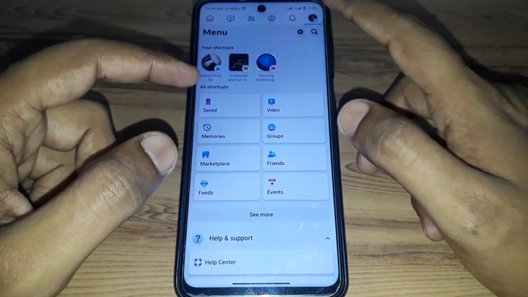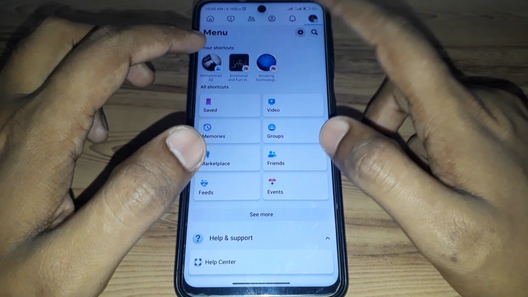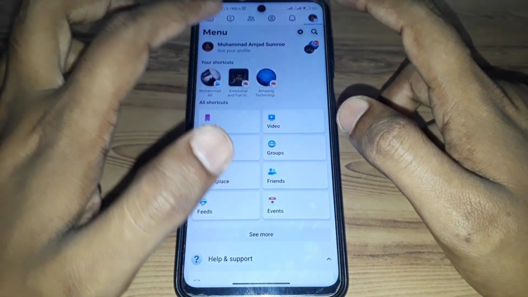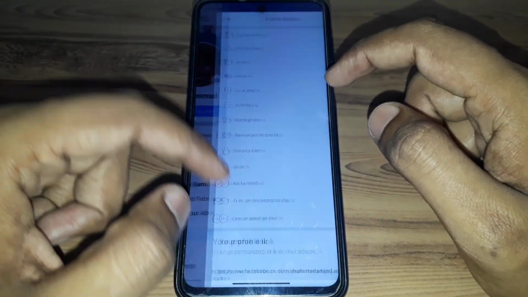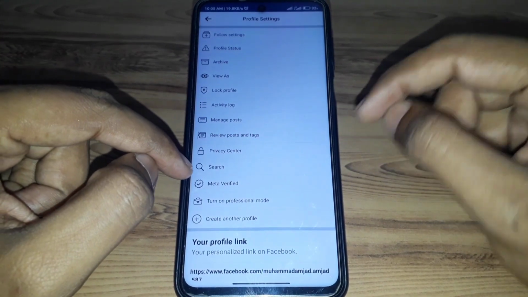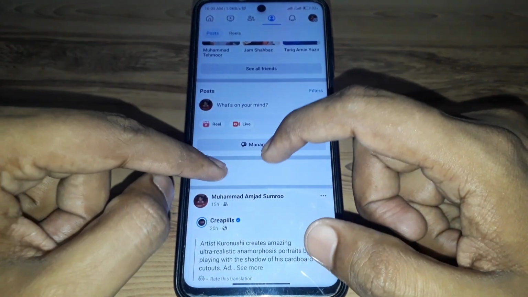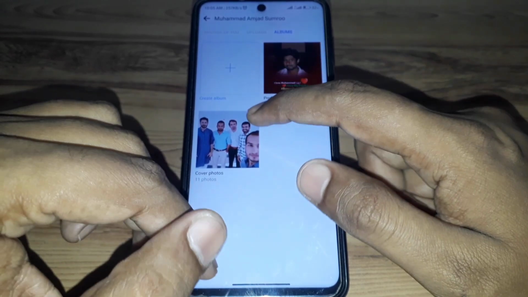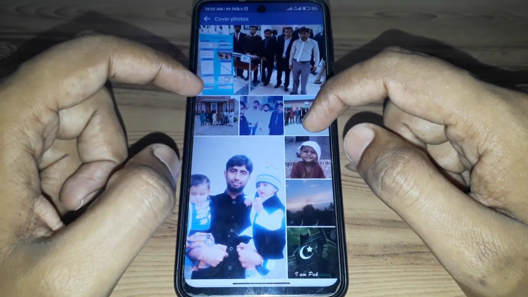So simply we are going to click on our profile, and here what we have to do, you have to simply go back, and you have to simply click the three lines again, and you have to click on profile, and here you have to click on three dots, but there is no option available for that. So you have to scroll down, and you have to go to photos, and if you find the photos here, as you can see, there is no option available that you can simply hide any of your photos,